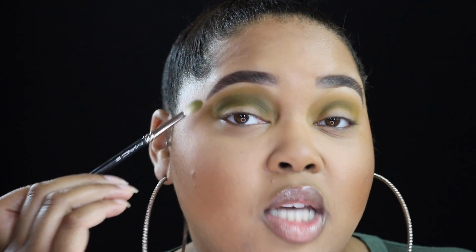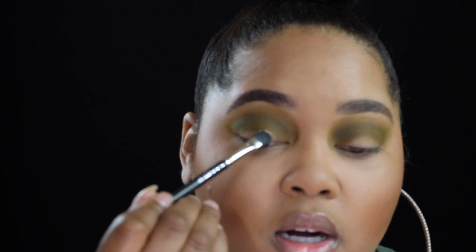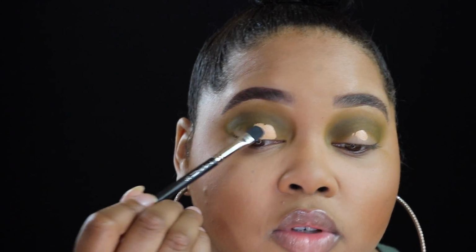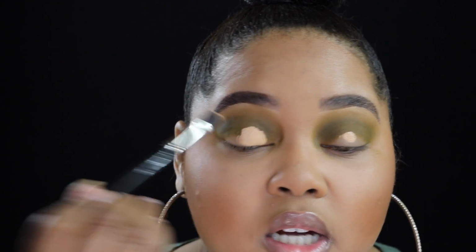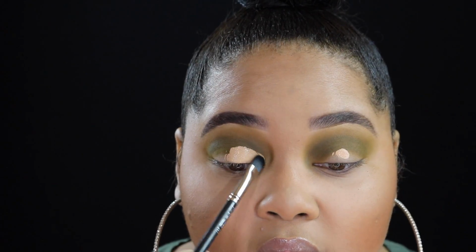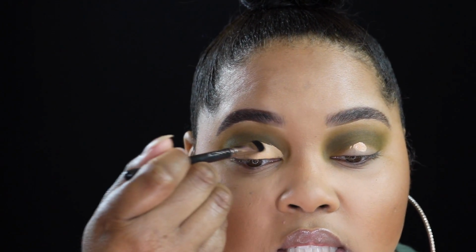So just build this color up until it looks about like this. And I have a synthetic brush here. This is a MAC 247 brush. I'm going to take just a bit of that concealer and carve it out on my lid. And I want it to be more oval, so I'm just going to apply that concealer on the lid and draw out a shape. Careful not to cover it all up, but basically this is an easy way to make